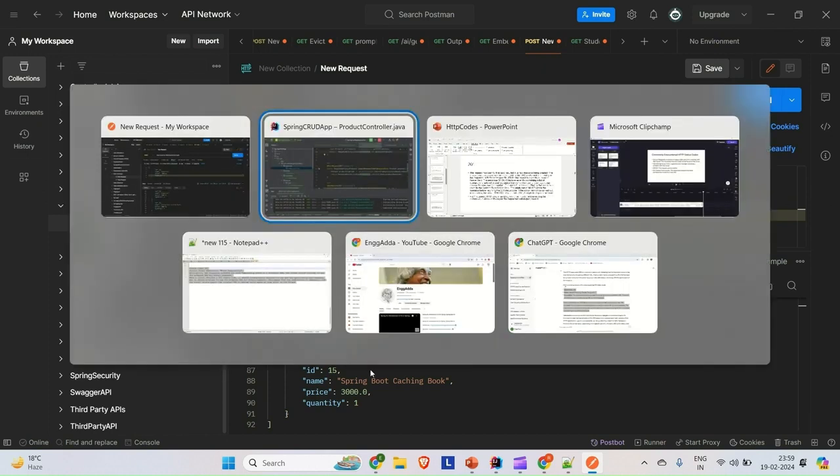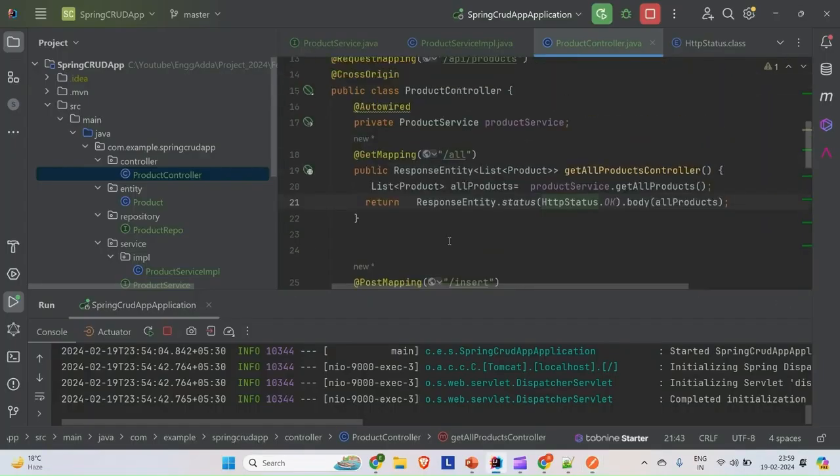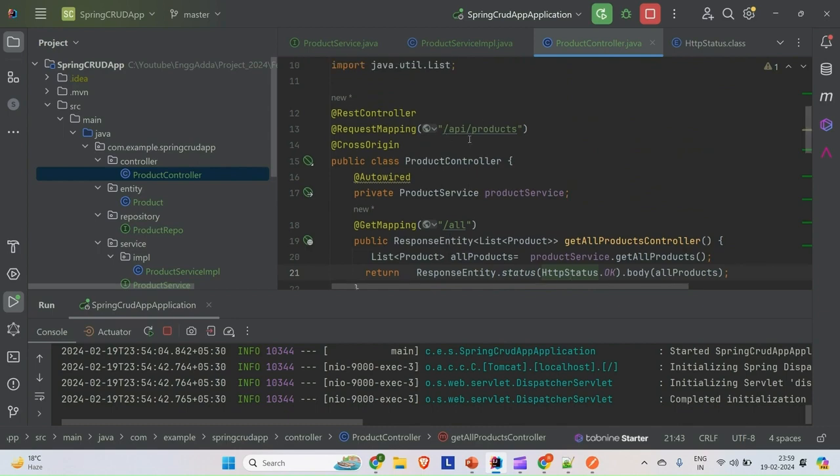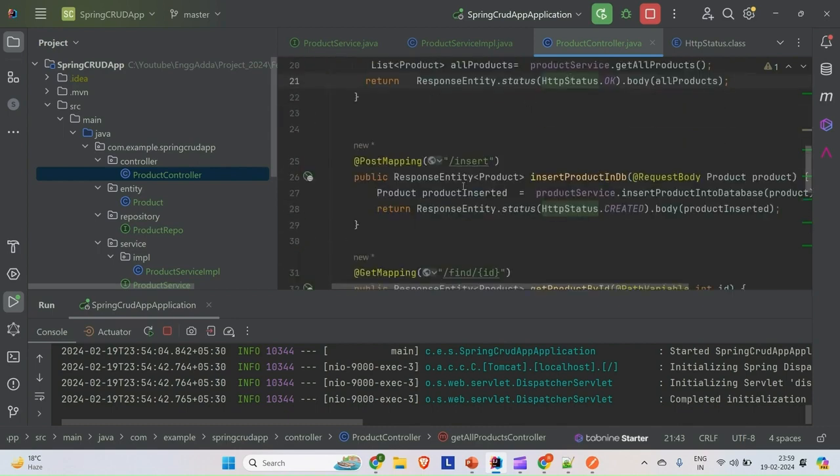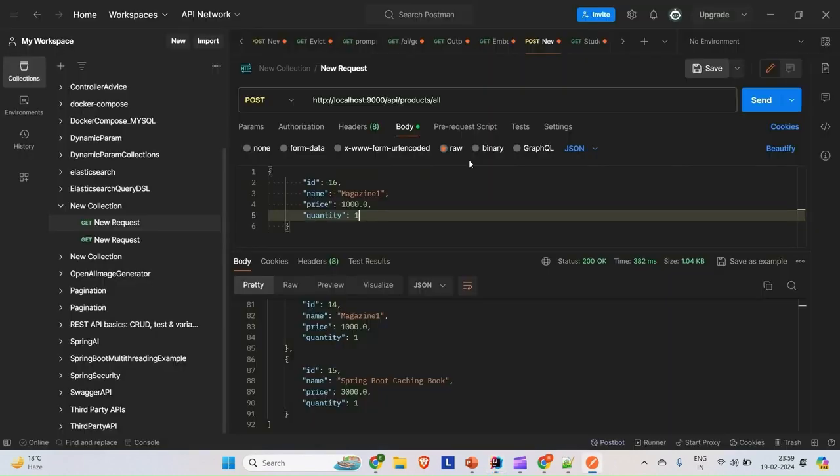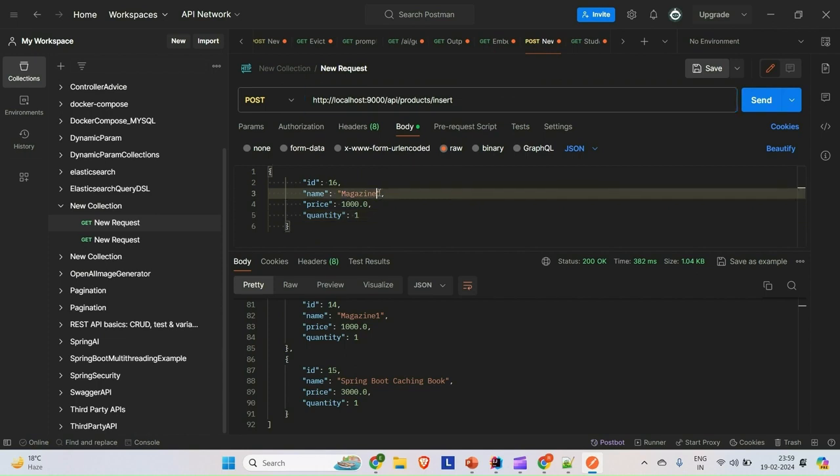Now let me recheck these things. What is the API that we need to hit? The class level mapping is API products, and then we are going to hit this post API, which is insert. So copy this insert, come here to the Postman and paste it. This is the API that we are going to hit. It is a post API, and in the body you have to provide the payload, that means the details of the product that you are going to insert. I think magazine 1 is already there, so let me do magazine 2